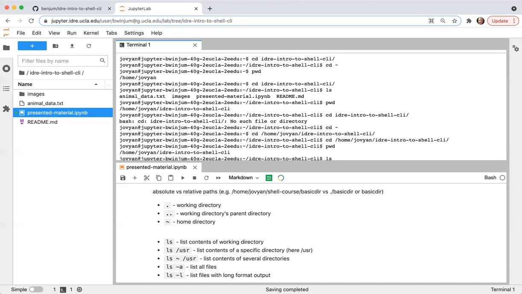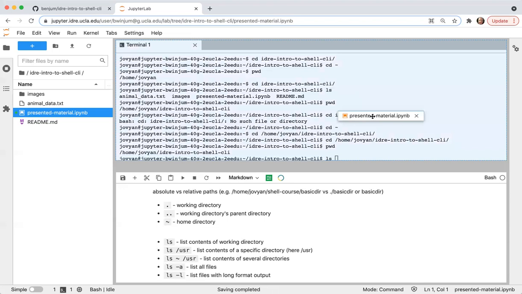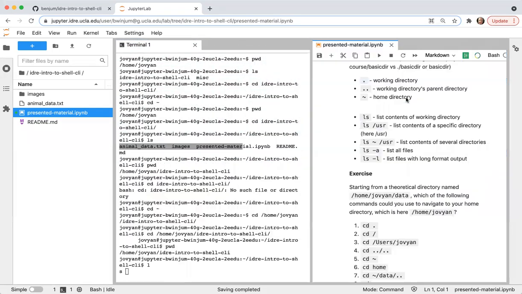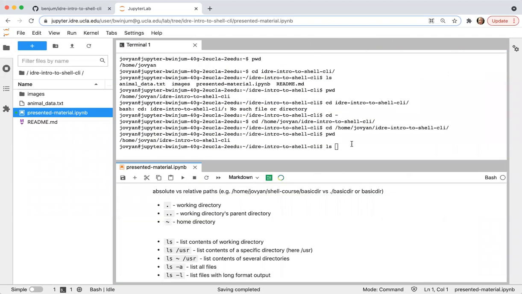If I say ls, I can give it the name of the directory whose contents I want to list. Actually, it's coming off the side of the screen here. Let me see if I can trick it. Okay, here we go. So I mentioned ls to give you the contents. You can also list a specific directory whose contents you want to list after the ls command.